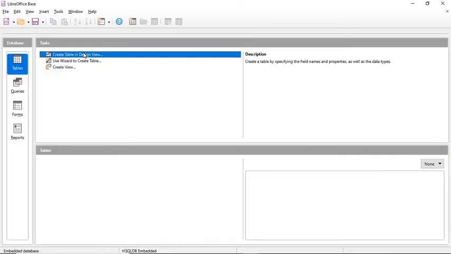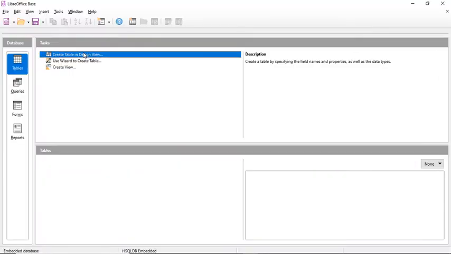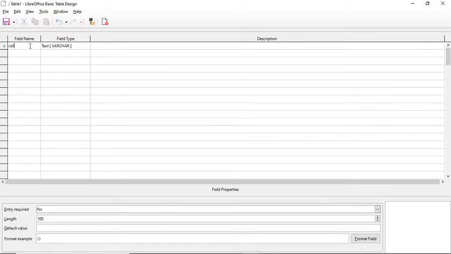So your first field is roll number. Write down roll number. While typing the field name, type in lowercase only, because when we are dealing with queries, it will not give an error.